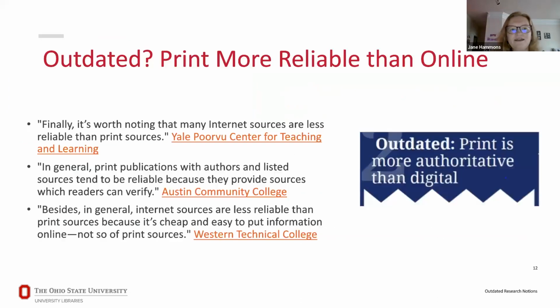I want to start by giving an example of a potentially outdated research notion. Librarians at New Mexico highlighted one potential outdated research notion: the idea that print sources are more reliable than online sources. This is guidance that you can find in many places on the internet. I looked up a couple of different places. Yale has this on their Center for Teaching and Learning site, as do Austin Community College and Western Technical College. These are not the only examples; I just pulled the first ones I found,